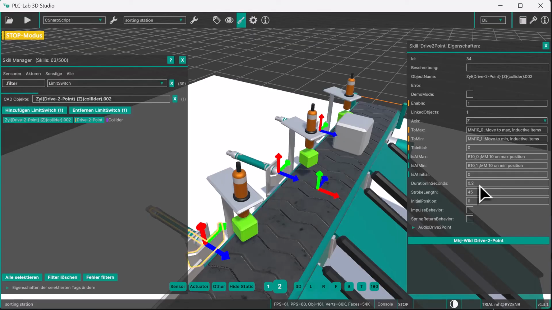We'll fast forward through the other 2 cylinders and then show the settings. What do you think, Nicholas? Yes, we'll be right back.